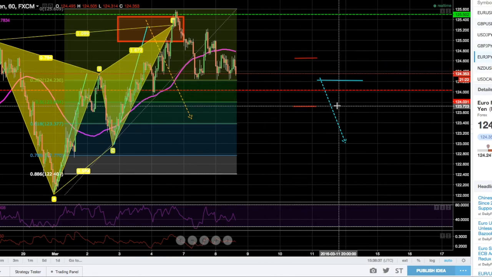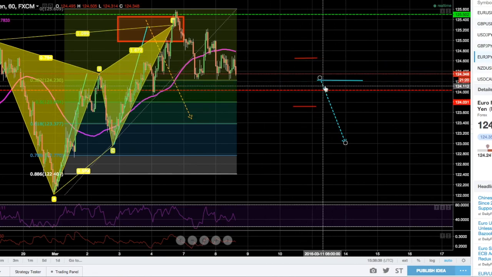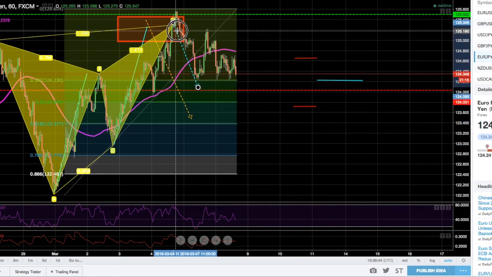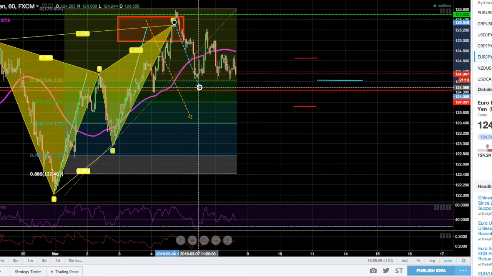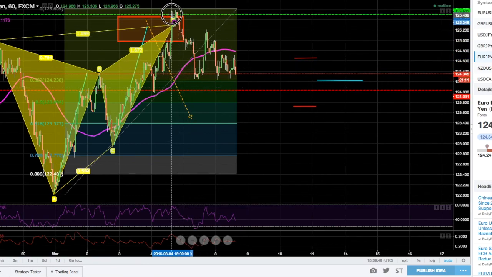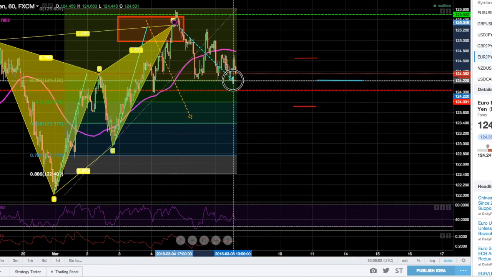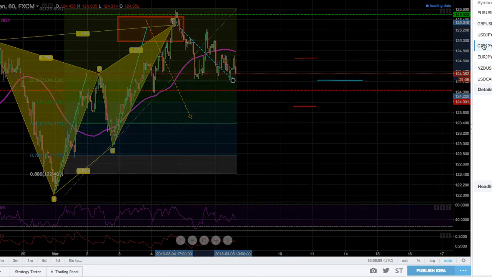So if the euro is dropping, let's take from all the way right here, the euro is dropping, found this point of exhaustion and drops on euro yen all the way down here, right? I can go to pound yen